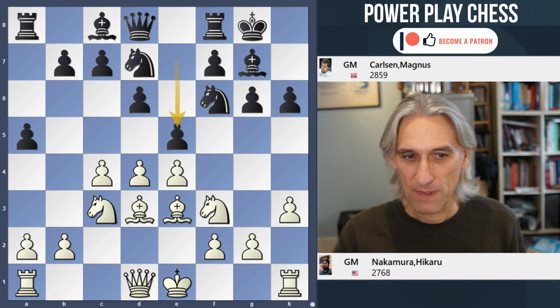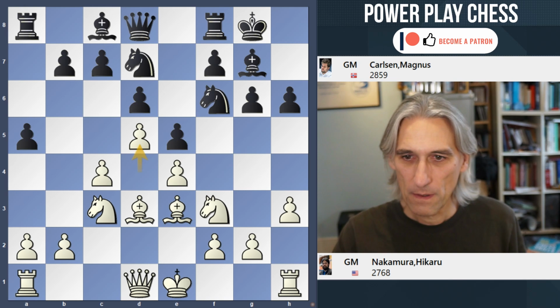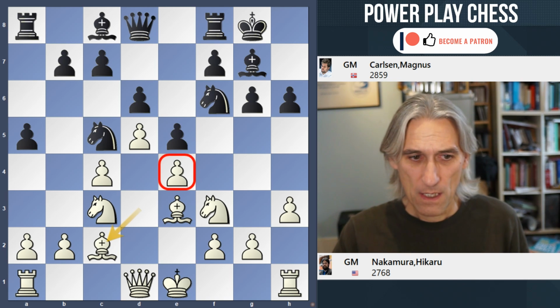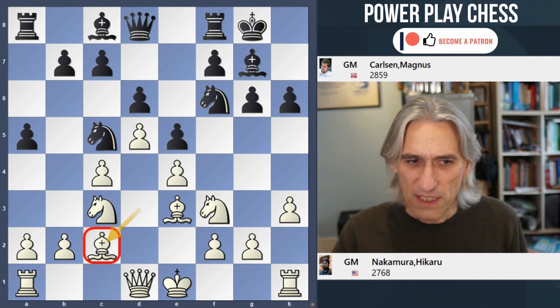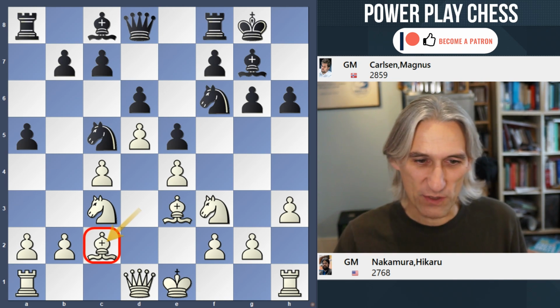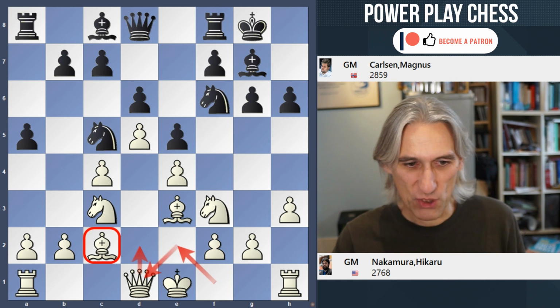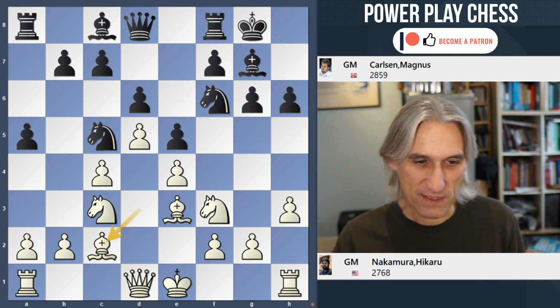So e5, now of course white closes the position to get a space advantage. Knight c5 and bishop c2. I think we can see already that white's opening has been a success. So this bishop guards e4, attacked by these two knights. One sees the bishop here in some variations in the King's Indian. Normally via the Averbach variation, where the bishop sometimes goes bishop e2, the queen perhaps comes to d2, and then the bishop comes via d1 to c2. So that takes 1, 2, 3 moves, and white has achieved this